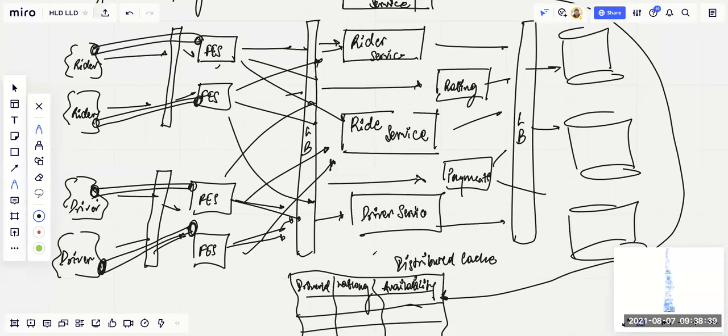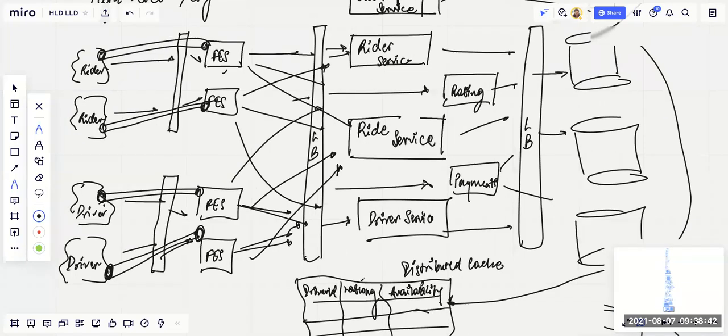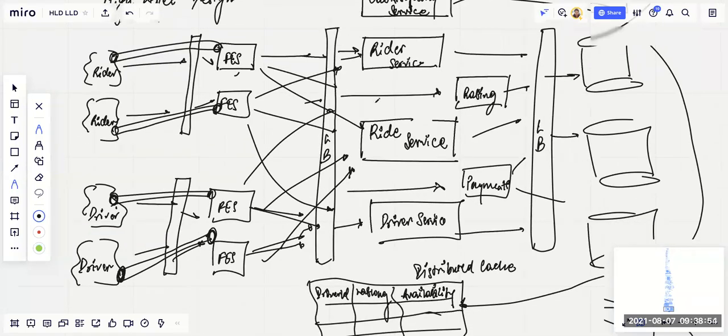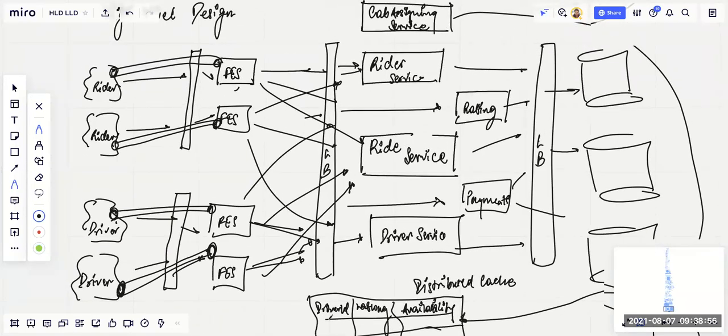Now what we'll do is there will be some in between. We'll use the Google APIs or some kind of APIs, and I'll tell you how exactly we are finding that. So somehow we figured out that these are the nearby drivers. Once we get the list of drivers, this assigning service will send a message to the front end service saying that these are the drivers to which you have to send the request. So we have send request, for the ride.